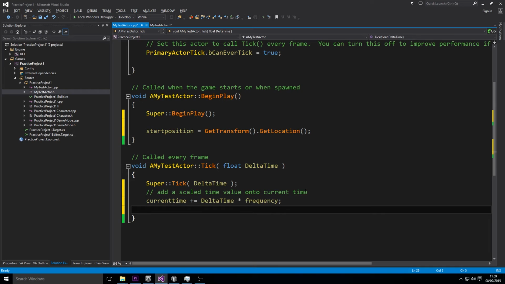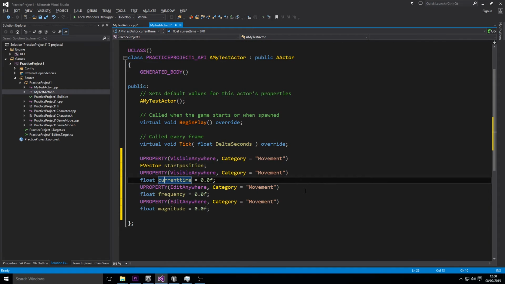We want to be able to edit how fast the thing moves. So we have this frequency variable here, and we just multiply that with the delta time, which is basically the time since the last frame. So usually it's a tiny little floating point value. And then we use that to